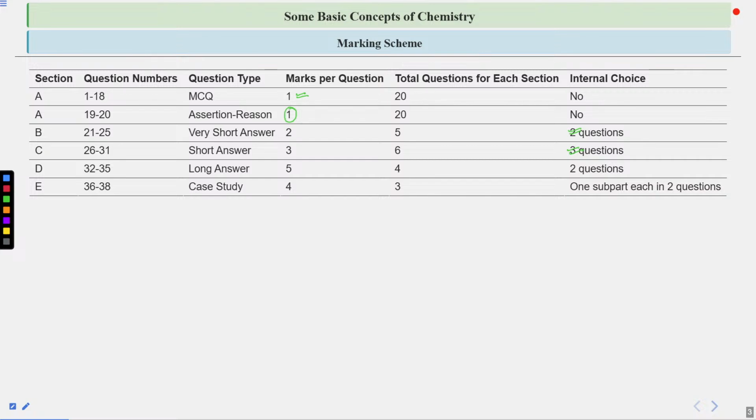Then we have the long answer type, in which 2 questions have an option, meaning there is a choice of